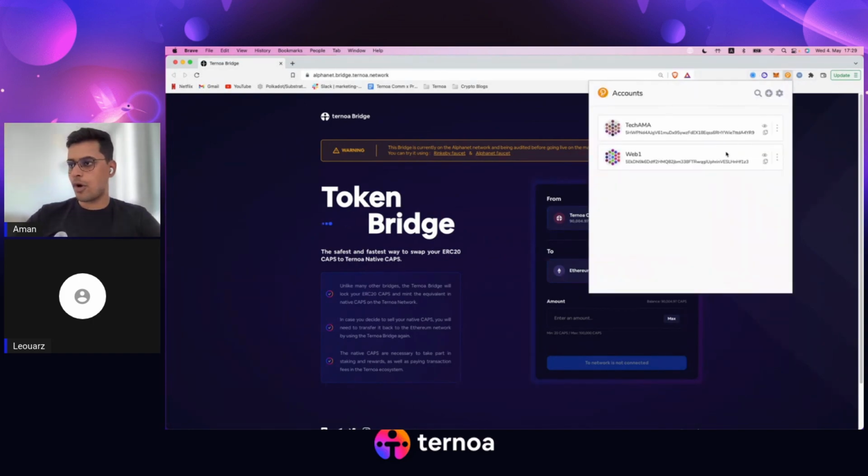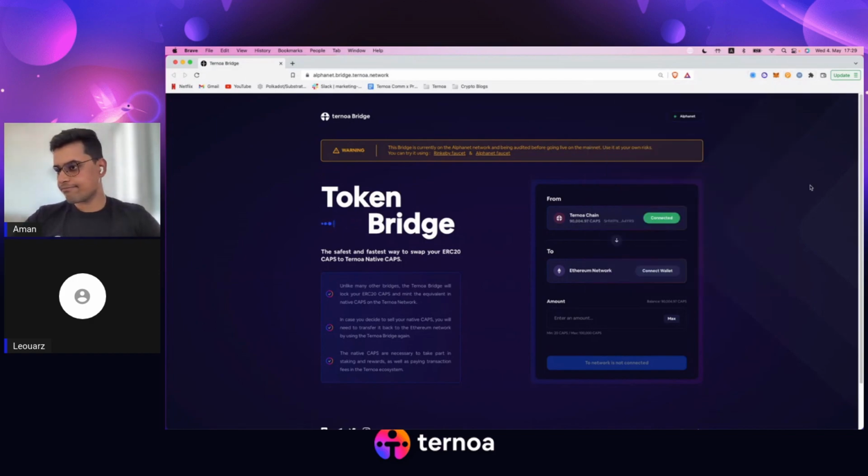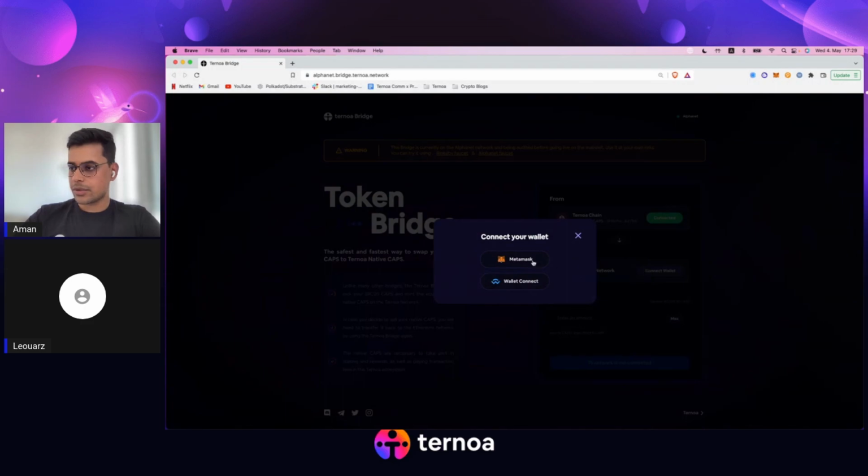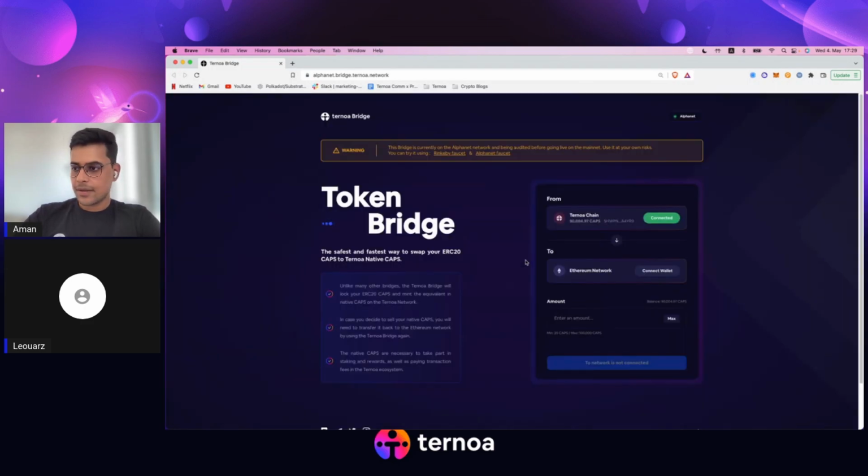Basically, a window should pop up, and you're going to have a screen where you're asked for a password. You have to enter the password, and then it gets connected here. And now, as the destination chain is the Ethereum chain, I would like to also connect my Ethereum wallet here, and I would click on MetaMask. Unfortunately, there's no pop-up because I've been using this quite a lot, and it's already connected. But